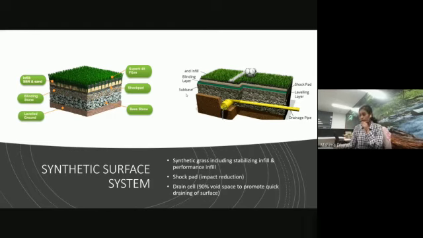This shock pad layer is just a 20 or 30 mil foam layer that's again added in to take up the impact. When someone's falling, you can reduce the amount of impact that's happening. So that's why they add the shock pad system. And then the drain cell is also another plastic layer. It's just to take up or wash away all the water that's there. It's 90% void spaces. So all of these three systems will undergo UV testing, and then it'll undergo Lisport testing,